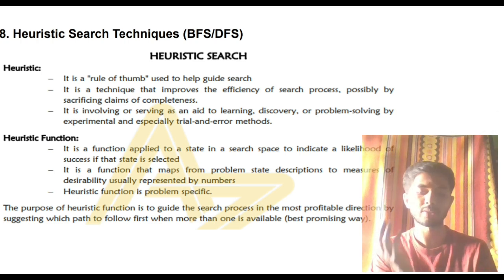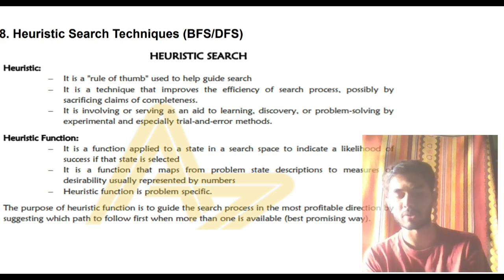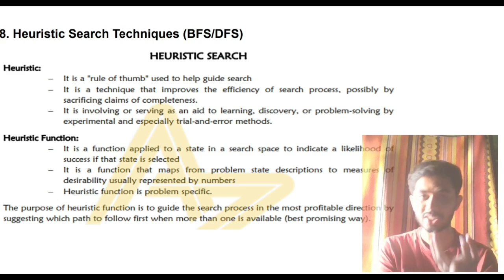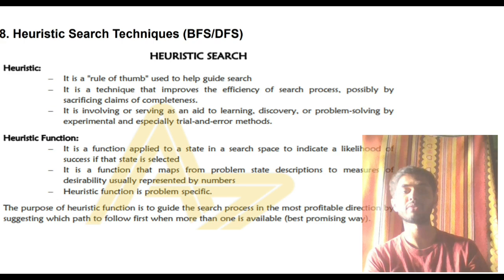Most asked are BFS and DFS. Inside heuristic, A star and AO star are the most asked. But for example, you can take hill climbing. Okay, so all these 5 things I'll discuss: A star, AO star, what is heuristic function, what is BFS, what is DFS, in a simple format which you can easily remember.